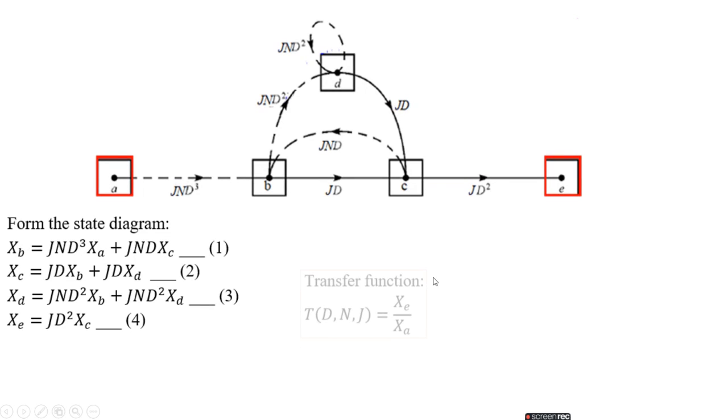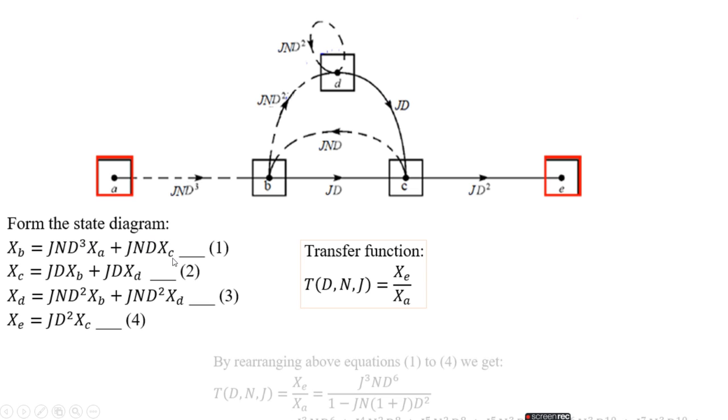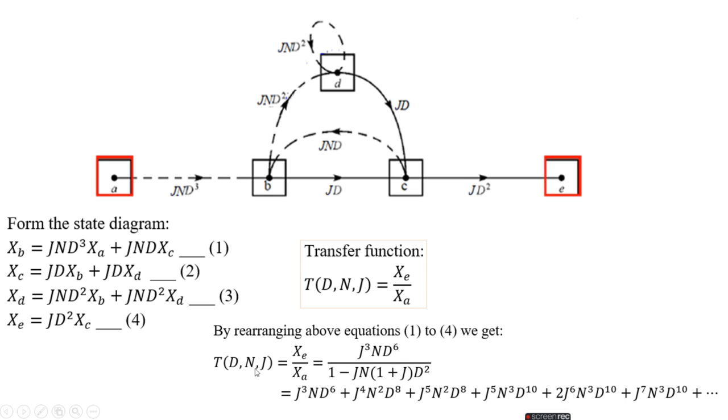function in terms of j and d or d and j. So that is distance, number of input, and number of input as 1, and number of branches, which is xe by xa. That is the same, which is output by input, xe by xa. So by rearranging these four equations, we got T of D and J is equal to xe by xa,